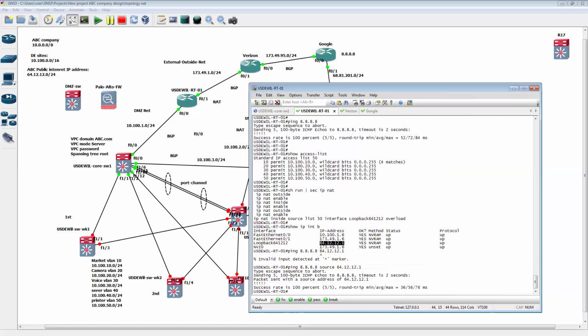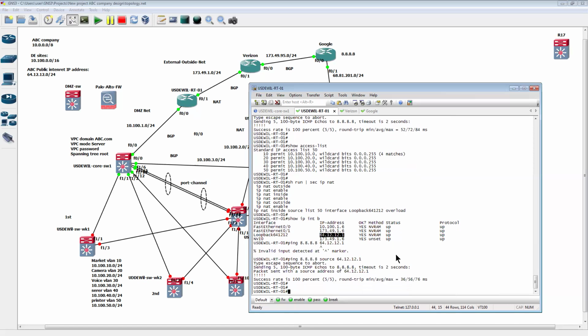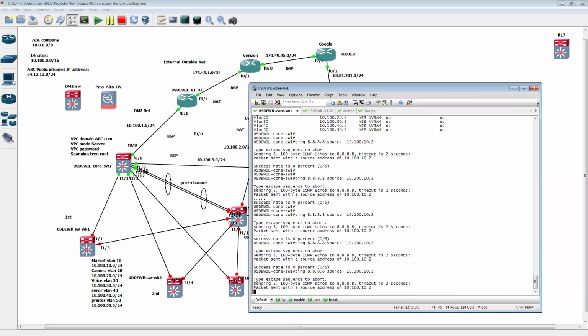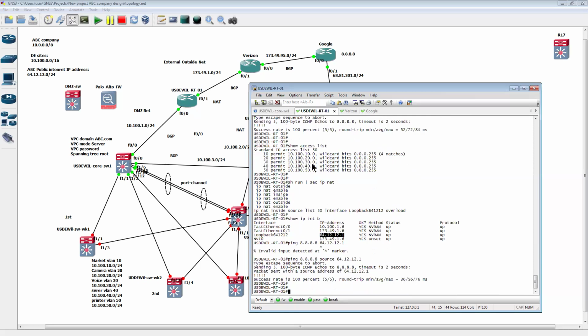Yeah, you see, it's working, right? So why? Normally the traffic flow is we send 8.8.8.8 from this source, and then this router says, okay, when I show IP